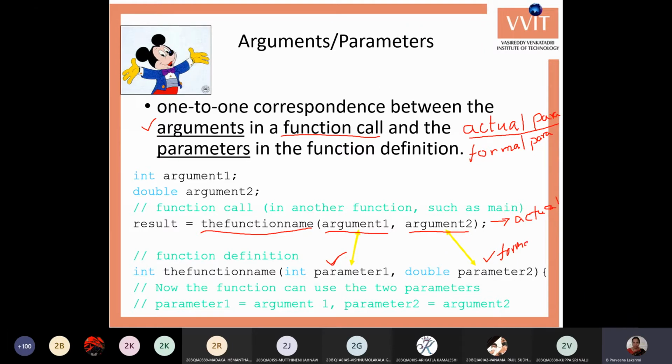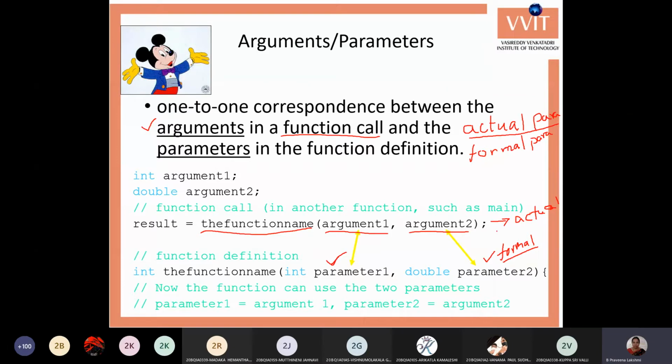Why we say formal parameters is that these are temporary parameters. Only while the function is in execution are these parameters available. After the function closes, the parameters are deleted from the memory, so they are called formal parameters.